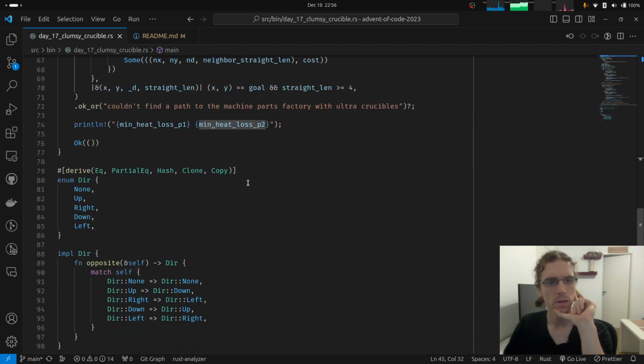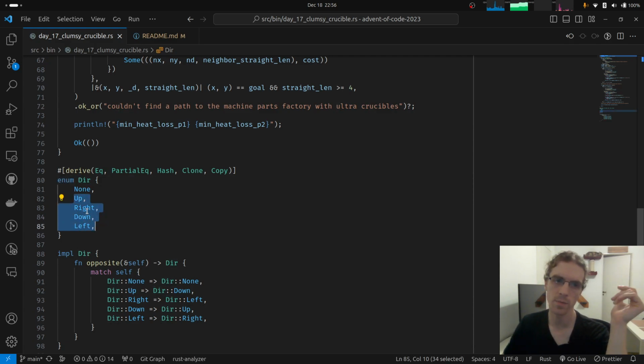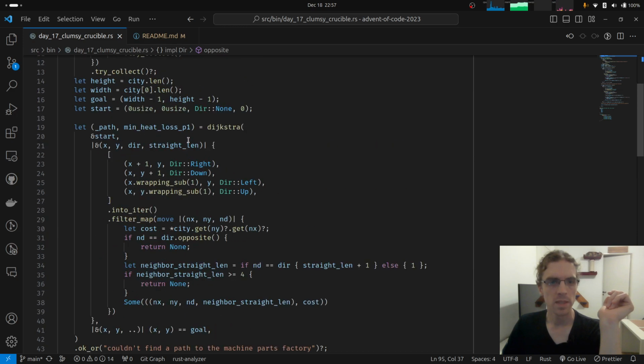Another thing that I would like to see if it makes sense to do in another way is reconsider using this enum Direction, which has the 4 directions up, right, down, left, and also none, because we start not pointing anywhere. So I model this with this instead of using an Option of these 4. And directions can have an opposite, and this is basically used in the main Dijkstra algorithm.